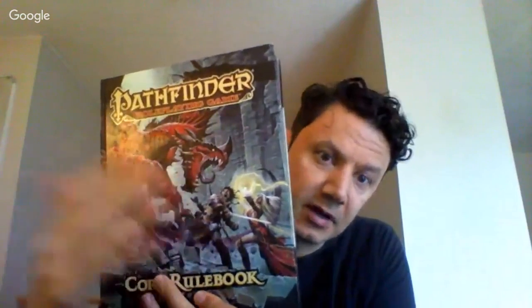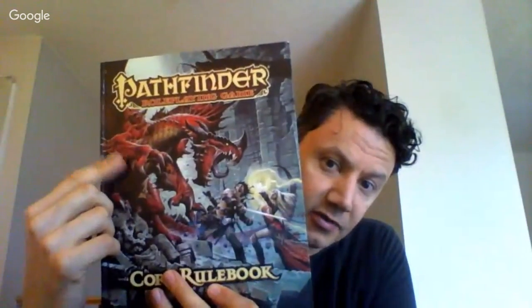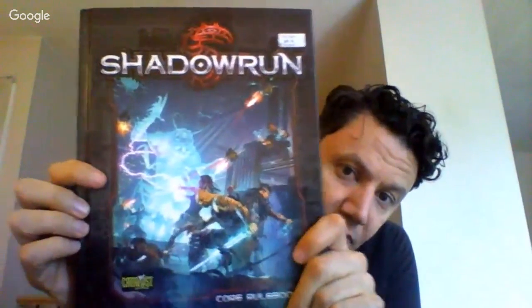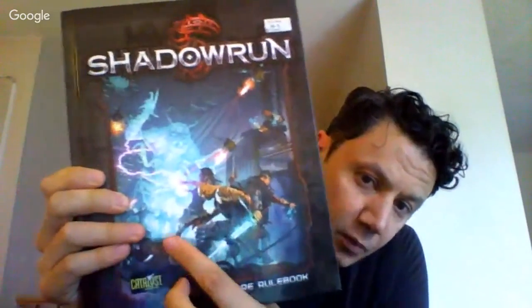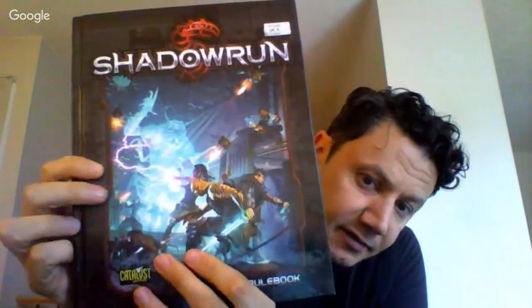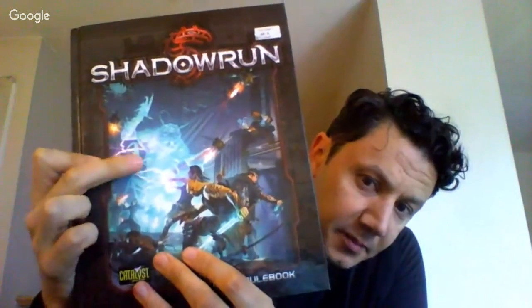I understand that his style may not be for everyone, this whole dungeon punk aesthetic, but I really, really love this, and I think that dragon is totally badass. That looks dangerous as hell. So that's one example of an exemplar game. Another example, more recent, is Shadowrun, this one from the 5th edition. That gives you another good example of who you're going to be and what you're going to be getting up to. These are some badass Shadowrunners who are fighting off some kind of either corporate assets or probably magical threats,